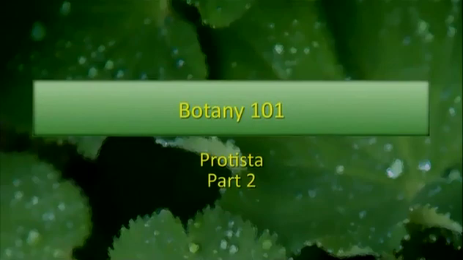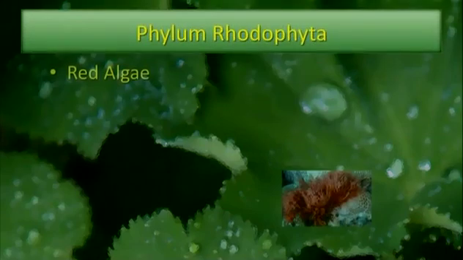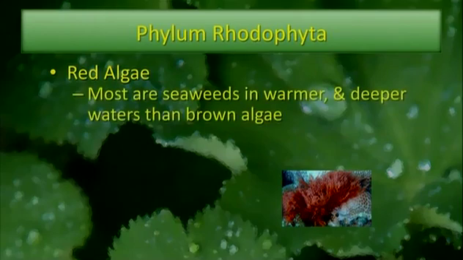So we're going to pick it up from there and get into the phylum Rhodophyta. These are the red algae. As you can see from this image, some of the algae are very red in appearance, although they can range in color from yellow through purple and maybe even green, depending on how much of the phycobilin pigments are apparent in the alga. So most red algae are seaweeds in warmer waters, like subtropical and tropical waters,